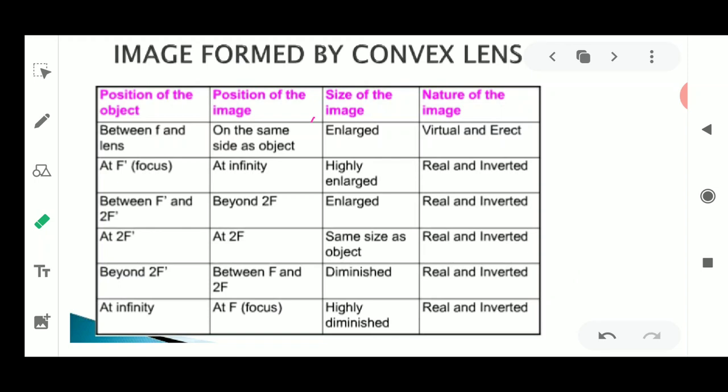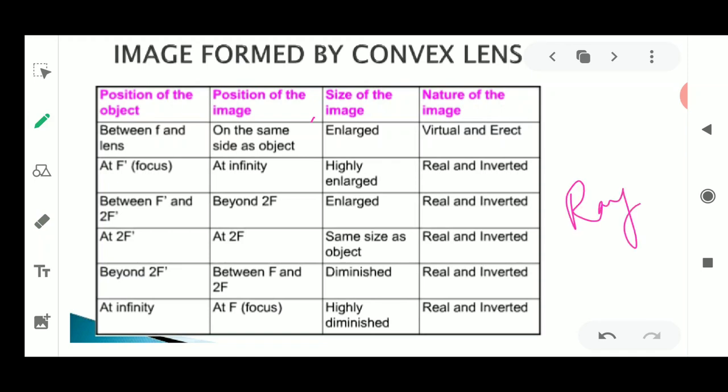Now you need to practice these ray diagrams thoroughly, and please remember to follow the rules which I have just discussed. Also, the formation of the image always depends on where the two light rays meet, so the image will be formed at that place. You know that solid lines always represent the real image and dotted lines always represent the virtual image. All these things should be remembered while drawing ray diagrams. Then it will be very easy for you.